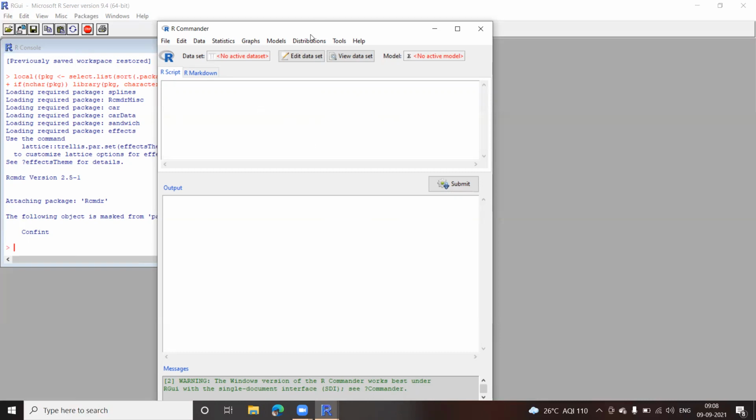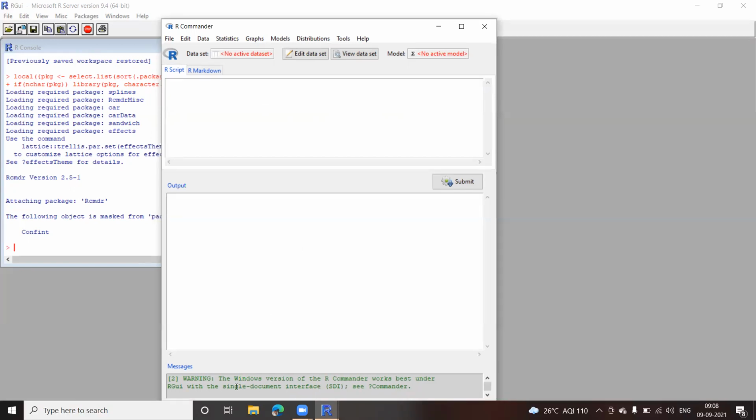When you're executing, any error messages and warning messages will come here. You can see there's one warning message which has come. It says Windows version of R Commander works best under RGUI with a single document interface. We can just ignore that right now. We are not concerned about that warning.